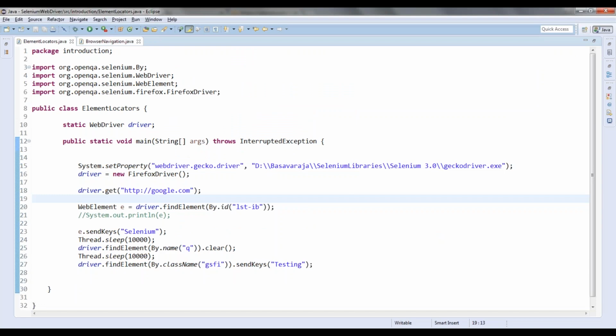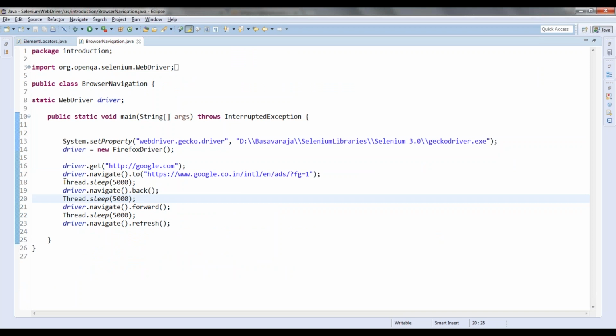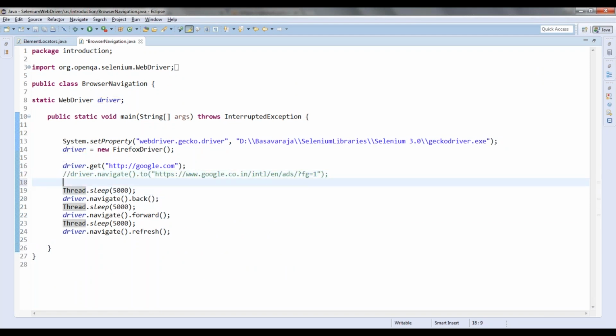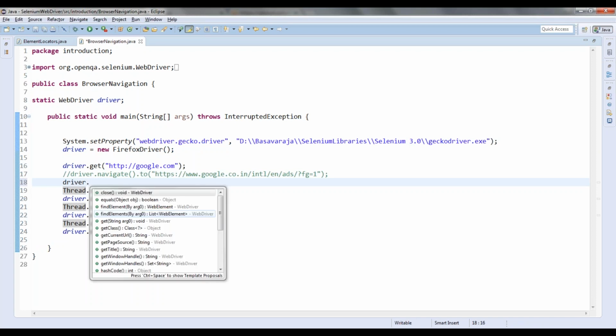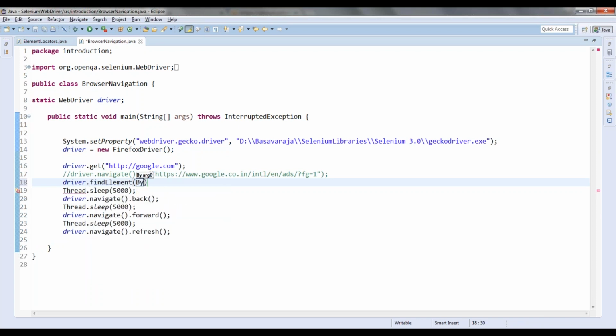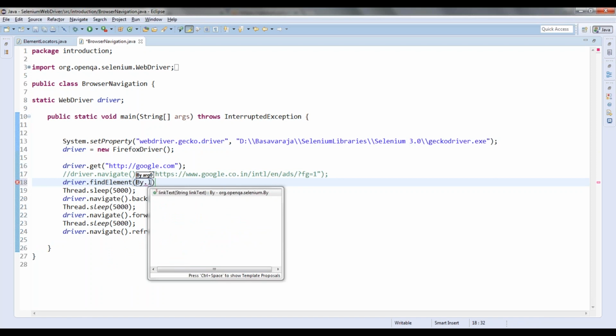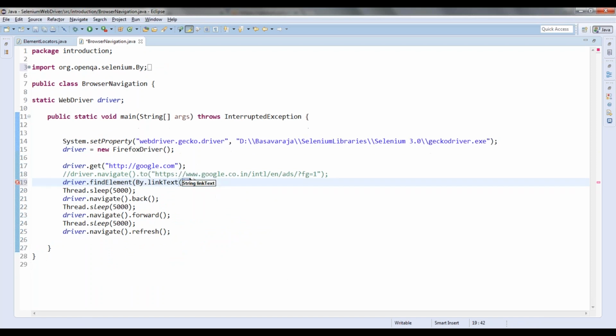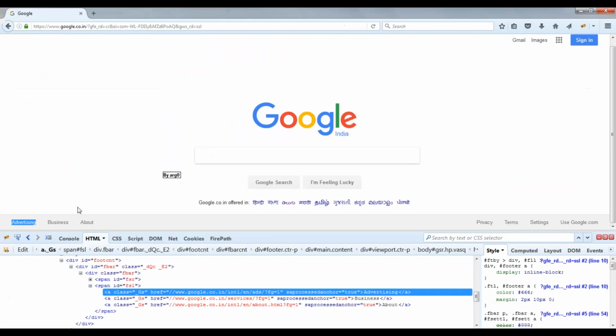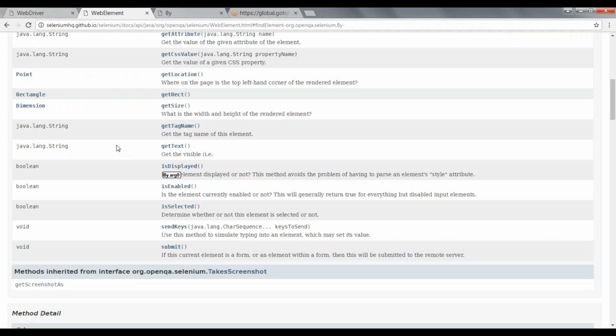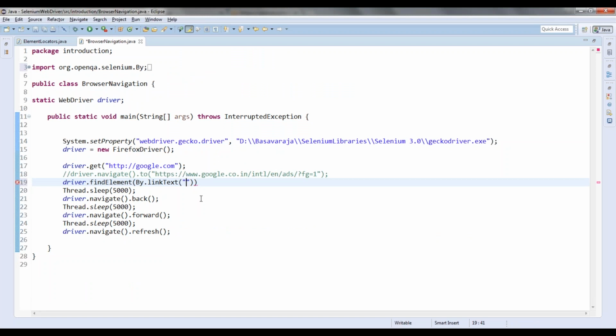So how will I do that? Let me take the same browser navigation. Instead of this, I will do driver dot find element by dot link text. So what is the link text here? That is advertising. So let me take that name dot.